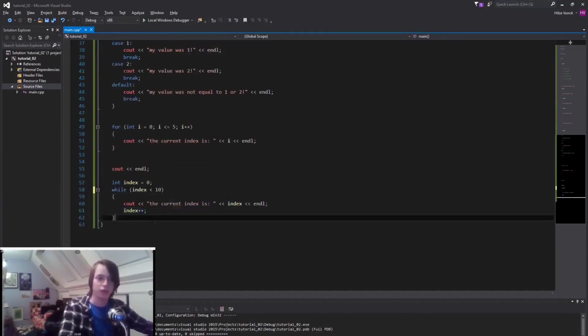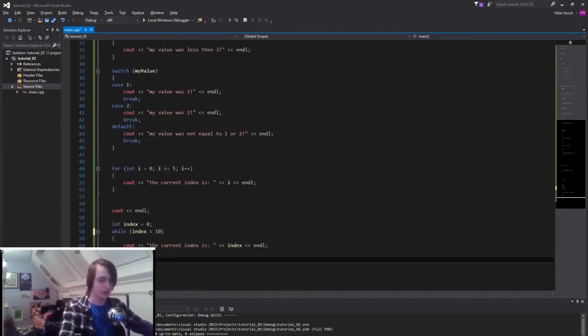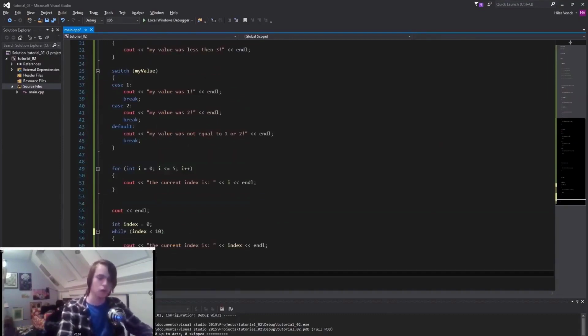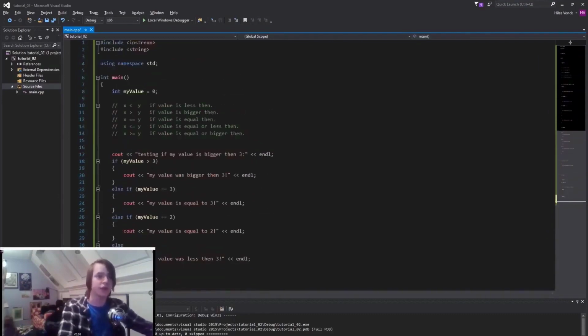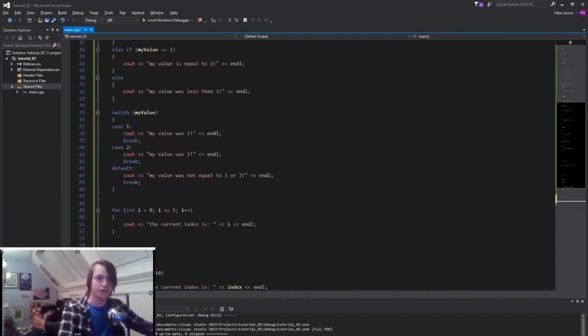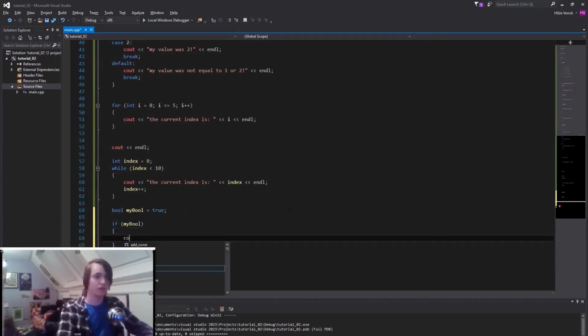Oh, and one thing that's also really handy to know is we can have a boolean. So let's do it underneath here. Let's have a boolean called, yeah, my bool for now, and set it equal to true. There's one extra case that I haven't done in here, but I also want to teach you guys. And let's have an if statement. So if my bool, then console out my bool was true,